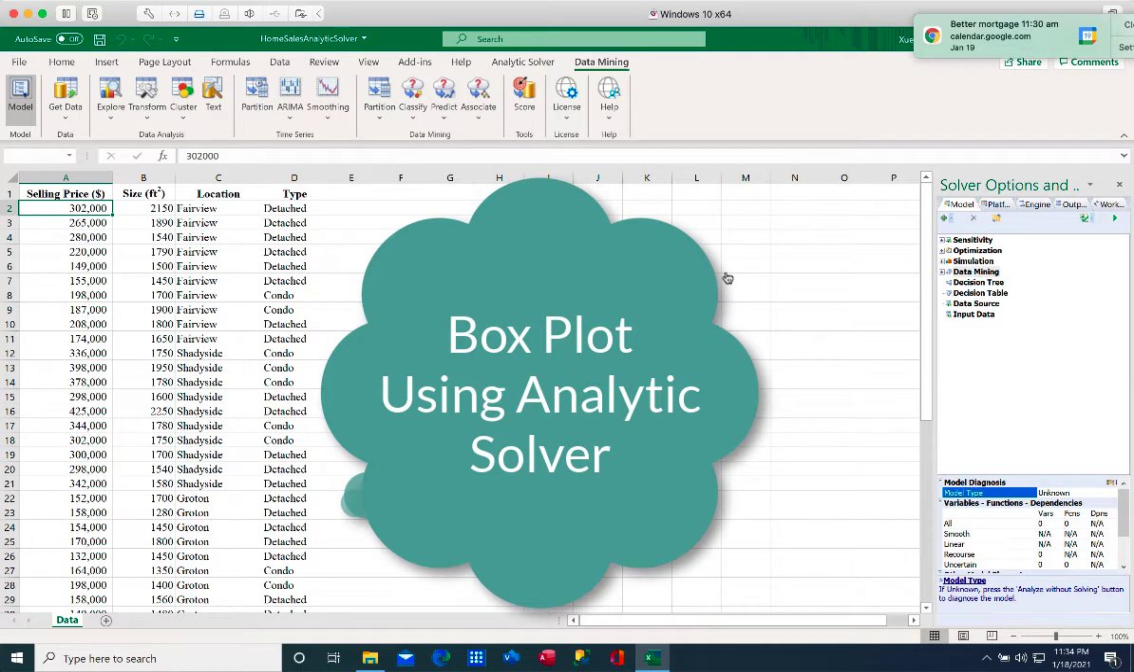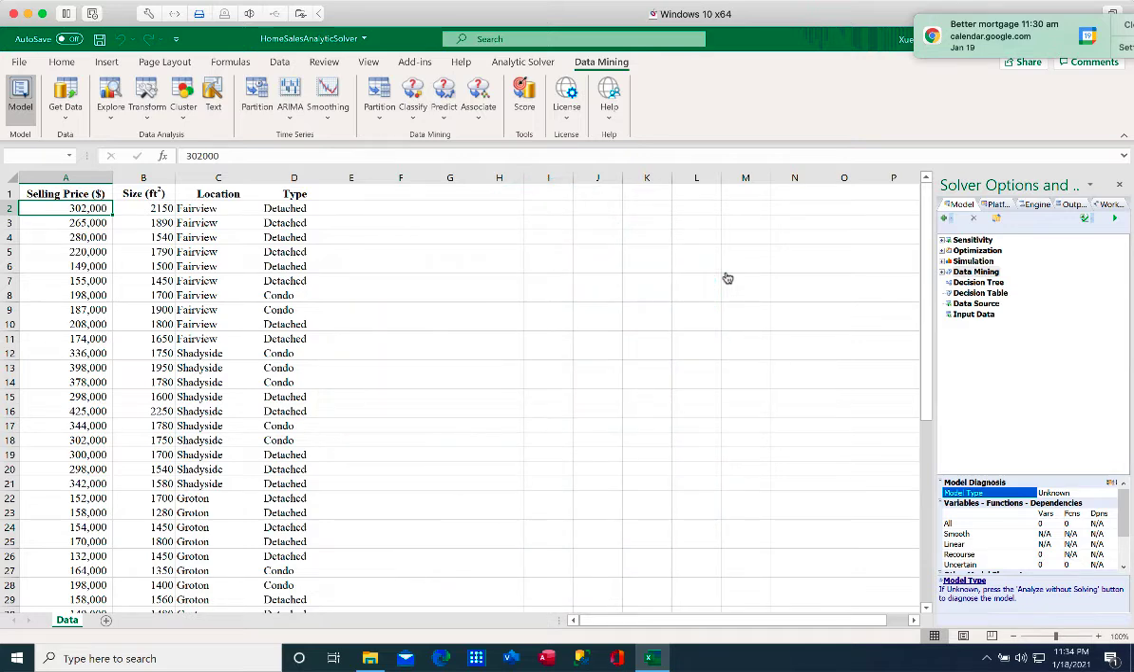In this video, I will demonstrate how to use the Analytic Solver to create box plots. And I will also explain how to interpret the results of the box plots. So this is our data file. It's about houses, including multiple variables such as selling price, the size, the location, and the type, whether it's detached